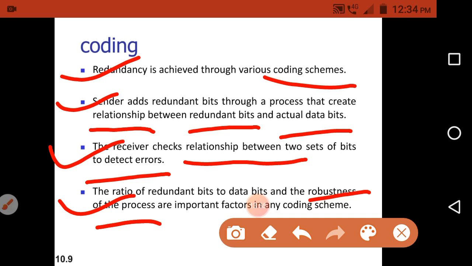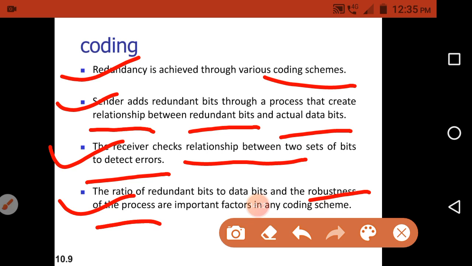But if the data received has errors and the receiver cannot detect them, then the robustness of that process decreases, meaning the process is not strong. So the ratio of redundant bits to data bits and the robustness of the process are important factors in any coding scheme.